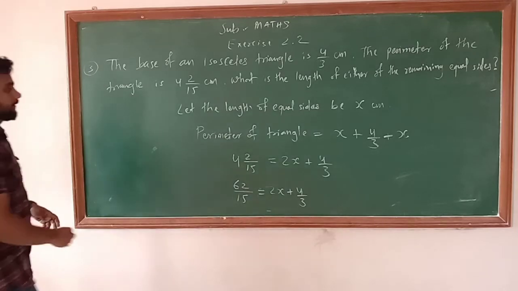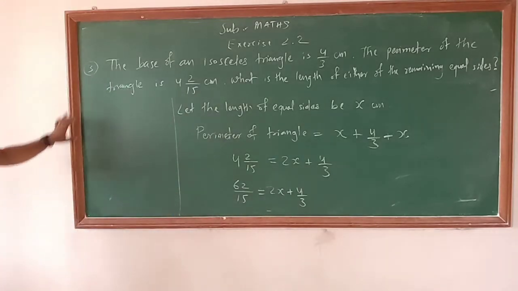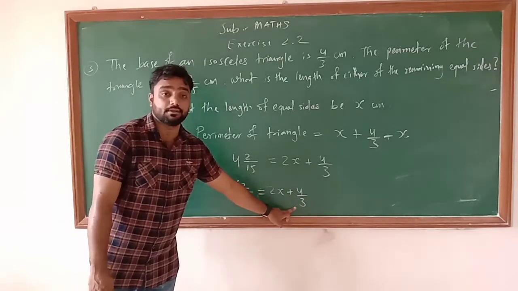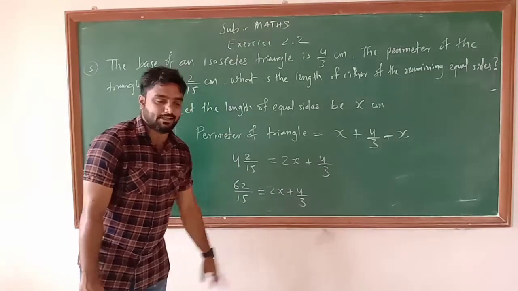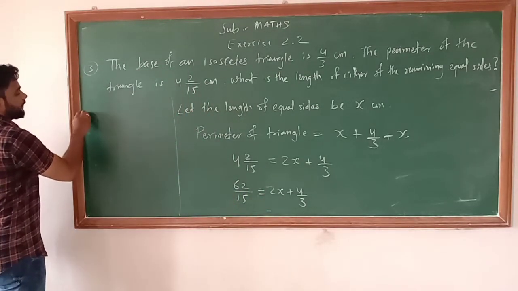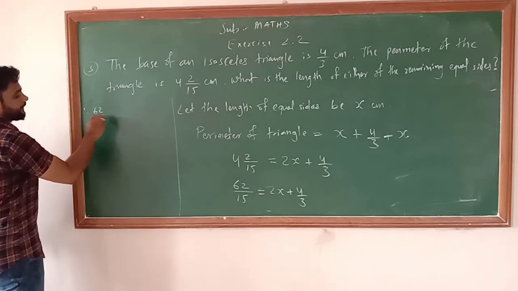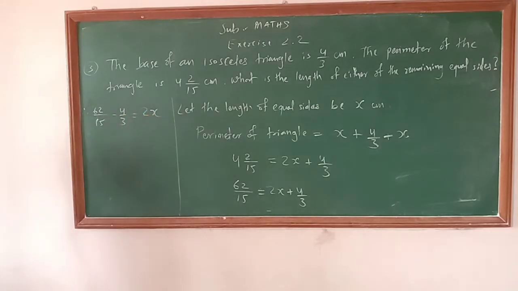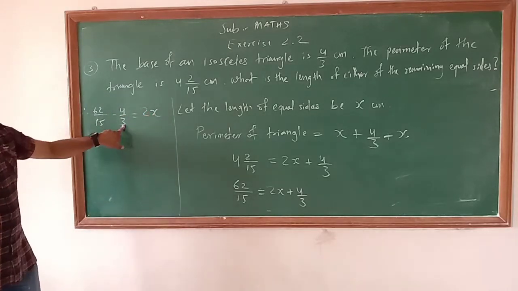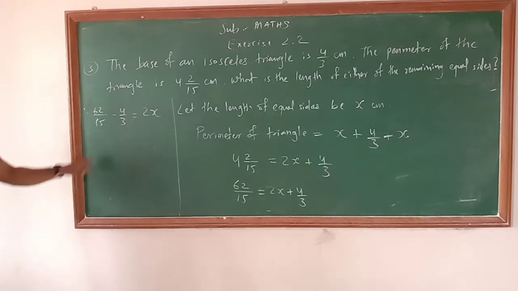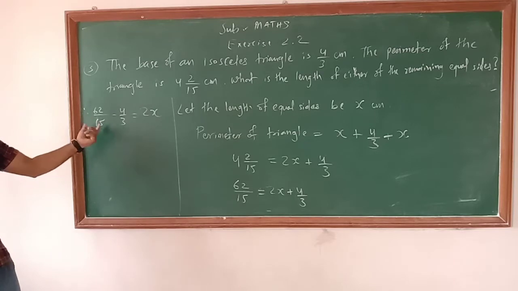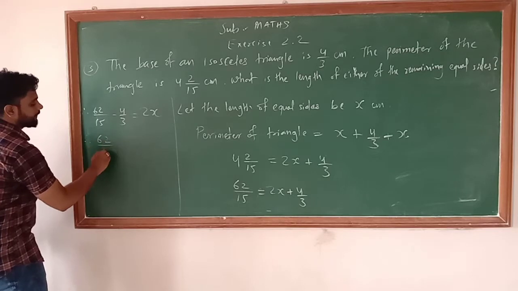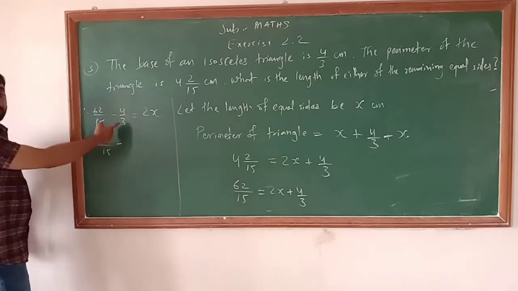Okay, now I am rubbing this figure, and continue the answer this side. So now as I told you, you have to do the transpose. Why? Because plus 4/3 is here. So if you do the transpose, that means you have to change the sign. So I am changing the sign. Therefore 62/15 minus 4/3 is equal to 2x. Understand or not? Now for 15 and 3, you can use the method of LCM. Why? Because 15 जो है वो 3 के टेबल में आता है, इसलिए 15 ही LCM होगा. So therefore 62/15 minus, अब यहाँ डिनोमिनेटर मुझे 15 लाना है, that means what?